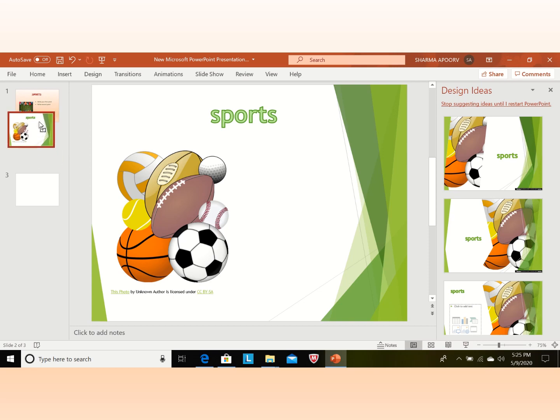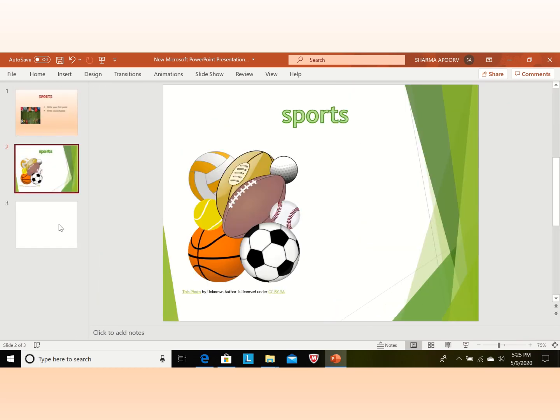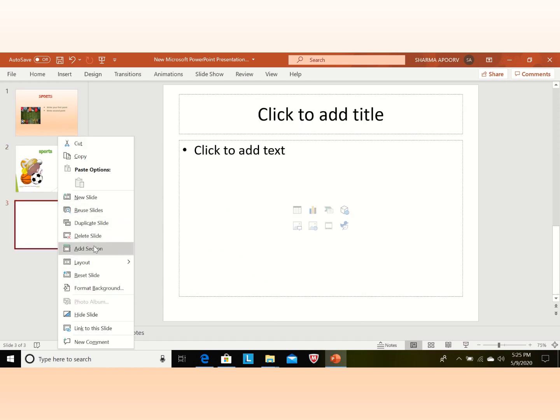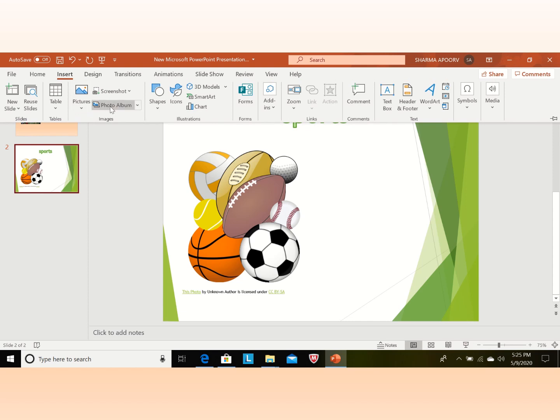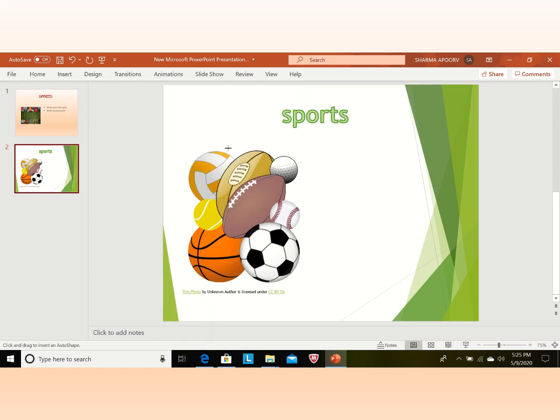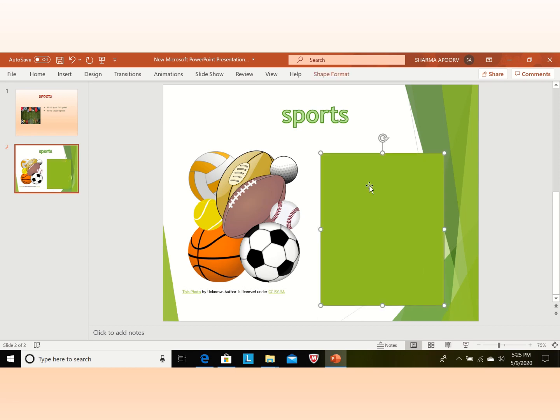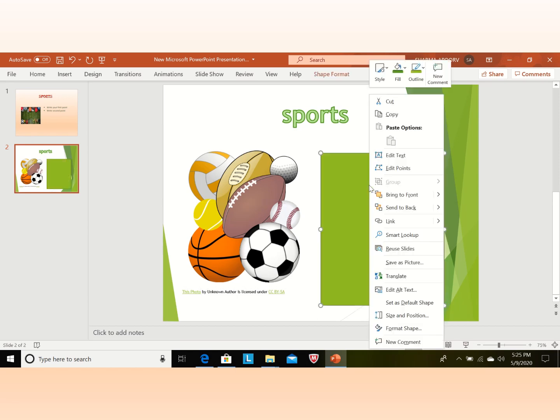We can rearrange the slide by dragging it. We can delete the slide. And if you want to insert shapes, you can also insert the shape here. Right mouse click on the shape.